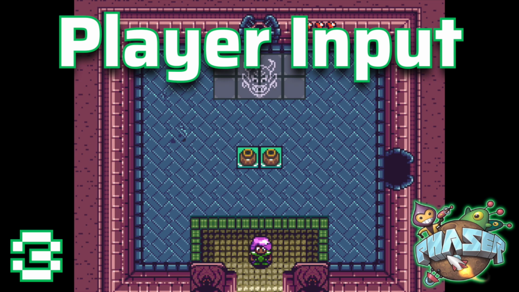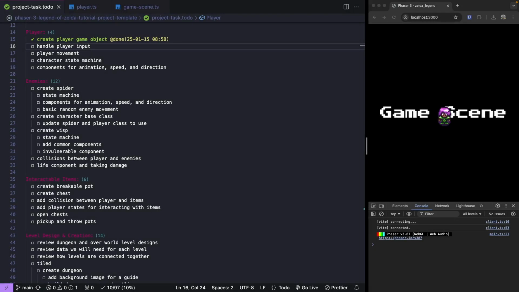Let's dive in and start coding. Next, for our player, we're going to focus on our player input. For our player input, we're going to rely on our keyboard plugin from Phaser. Our keyboard plugin is a wrapper around the native DOM keyboard events. And by relying on this plugin, we can easily do things like add event listeners for when a key is being pressed, when it's being lifted up, or when a key is being pressed down, we can check the state of it. By relying on this built-in plugin, we can easily bootstrap our player input controller and have our player